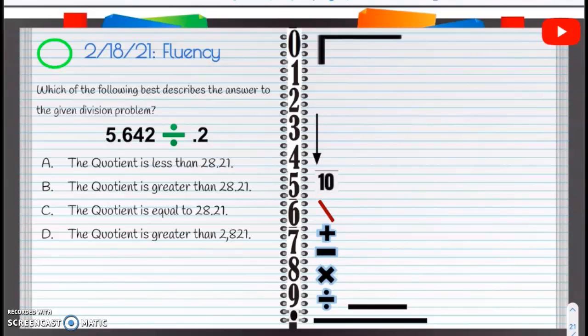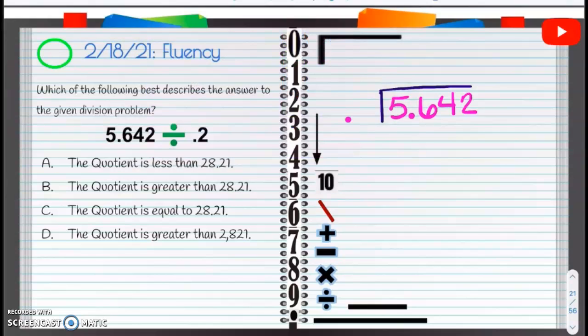Fluency, which of the following best describes the answer to the given division problem? All right, so first let's do our division. Let's divide here. So we have 5 and 642 thousandths divided by